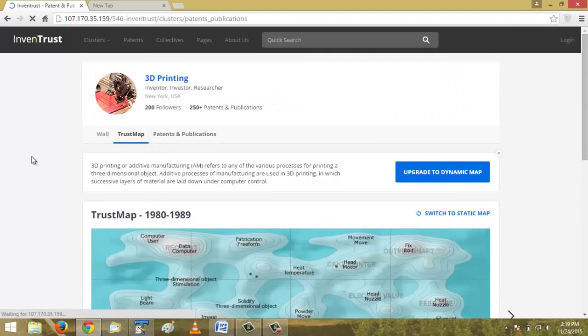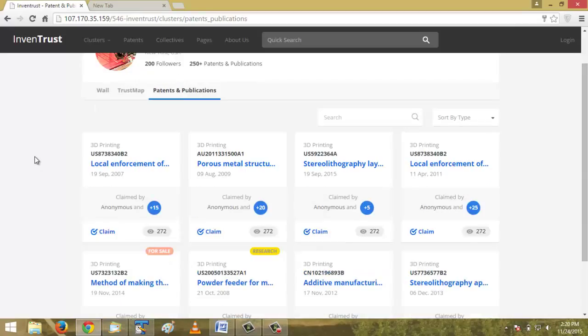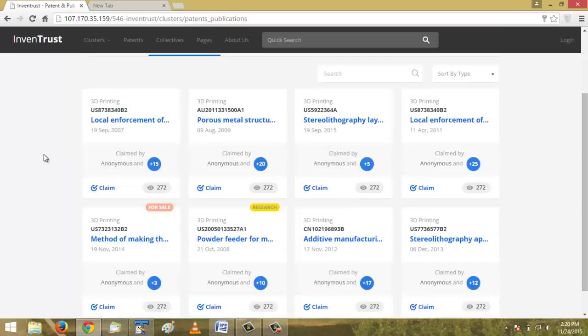Then again, there are some options to explore patents and publications which are associated exclusively with 3D printing. If you click on it, you will get the list of all the patents and publications associated only with 3D printing. So as you can see, US 8738340B2 is one of the patents associated with 3D printing, and this is claimed by anonymous